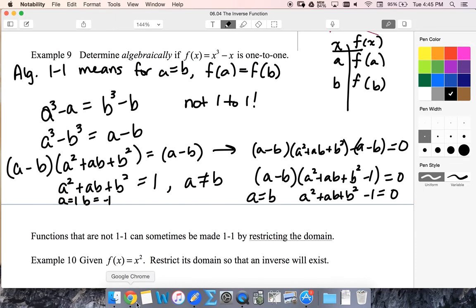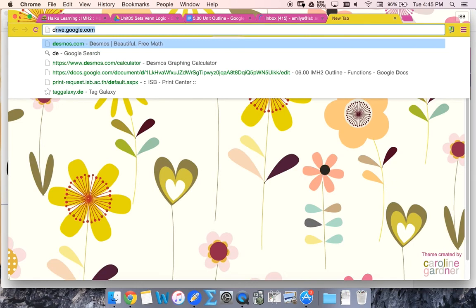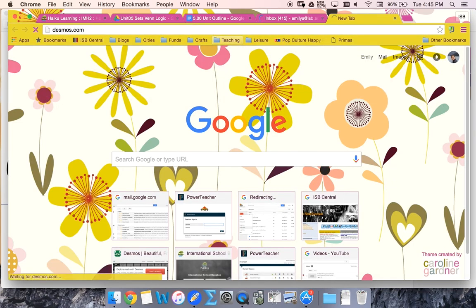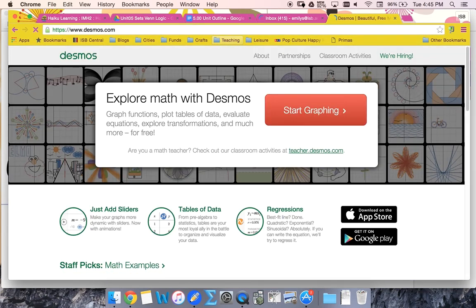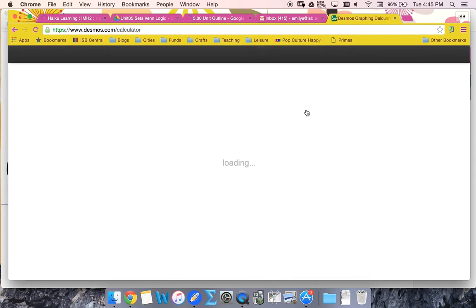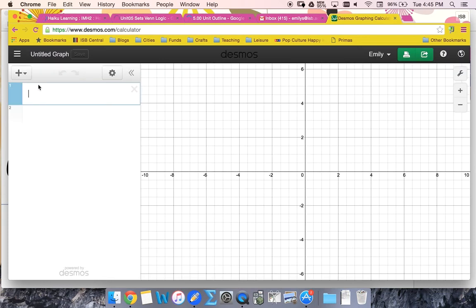And now let's look at that graphically, just to show as well. So let's open a new window. All right. So if we go into Desmos, we can see that if my f of x